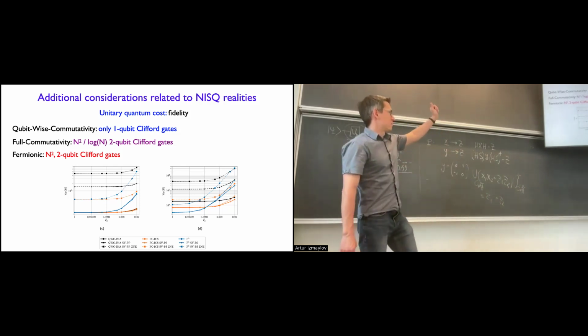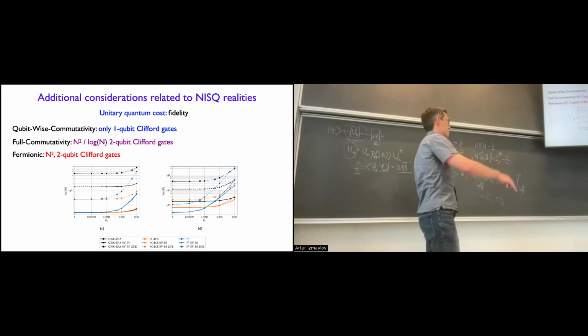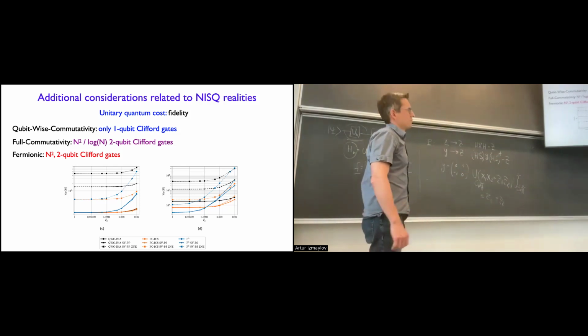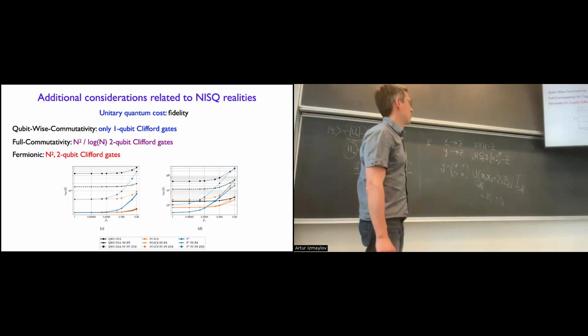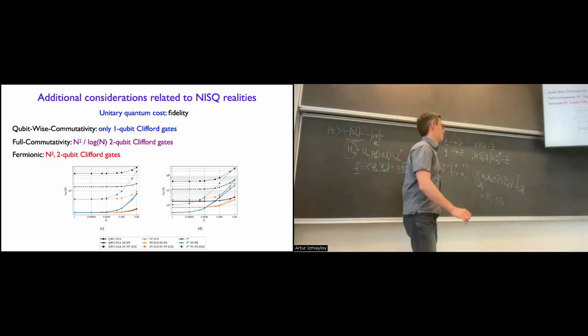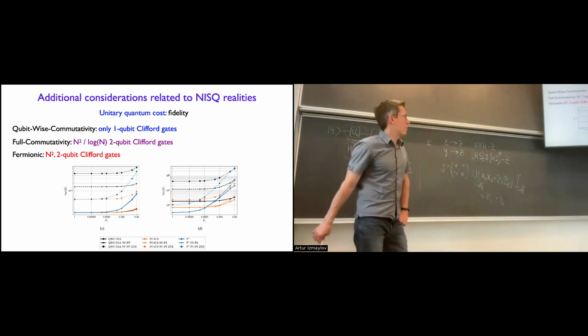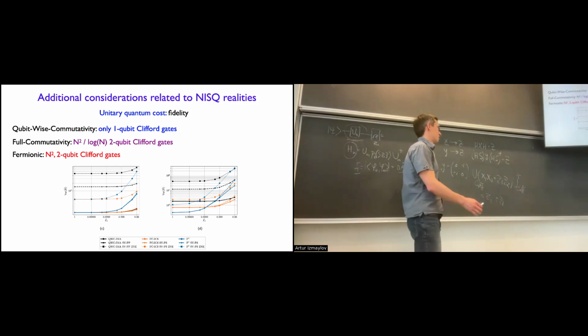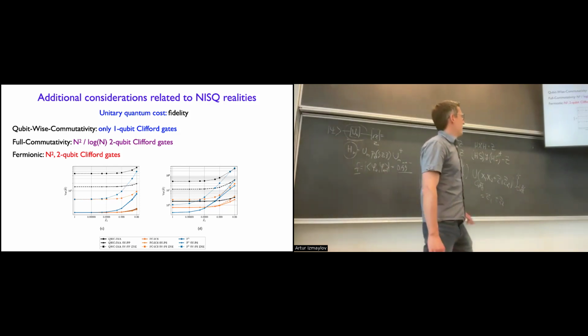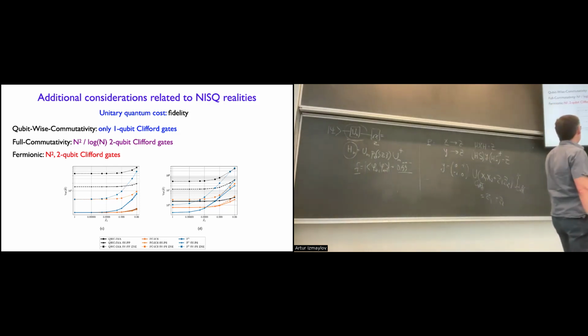Okay, and then the fermionic, even more expensive. They are done by so-called Givens rotations, and eventually you end up with a square number of 2-qubit Clifford gates. And some of the plots that one can build here is if we have fidelities starting from ideal case 1